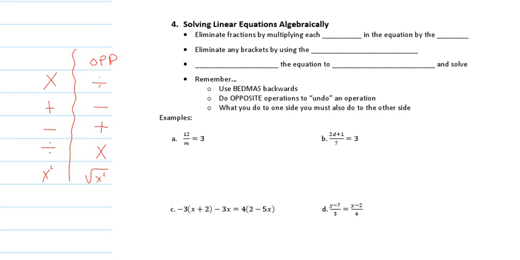Now, when we're doing opposite operation, we're always going to have to go backward through BEDMAS. Remember that we talked about BEDMAS, and that when we are simplifying, we add, divide and multiply in a certain order. When we are trying to isolate, we're going to reverse that order. We go from the least important to the most important, from subtraction and addition all the way up to the brackets. So instead of going BEDMAS, we're going to go